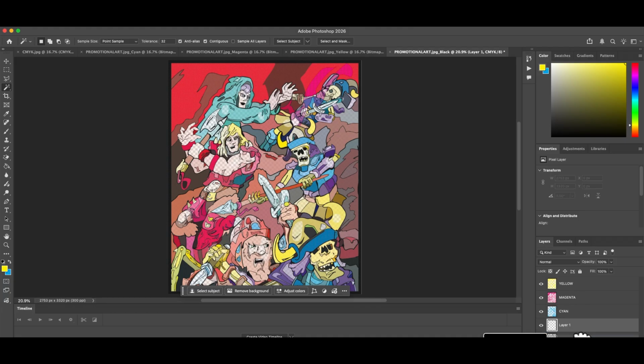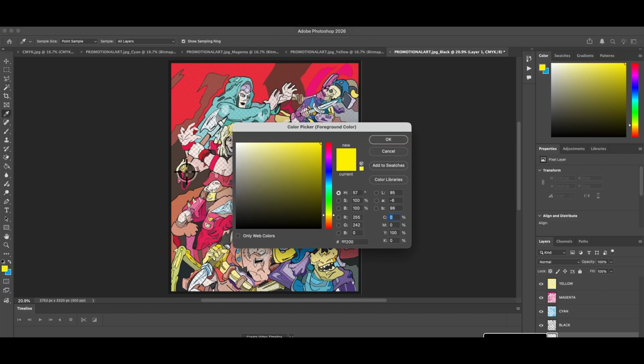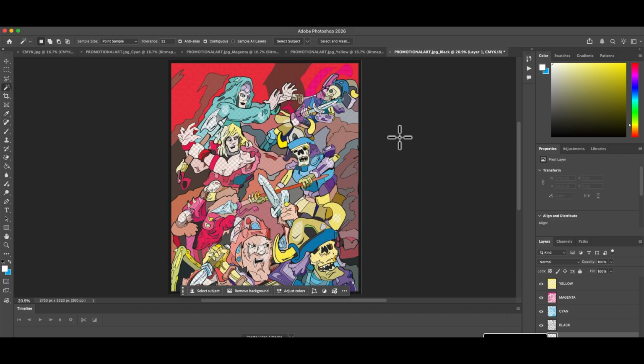Then create a new layer. Make sure it's at the bottom. Select white and paint bucket fill with white. We now have something that is ready for print with